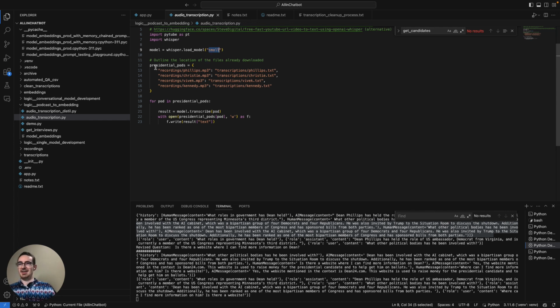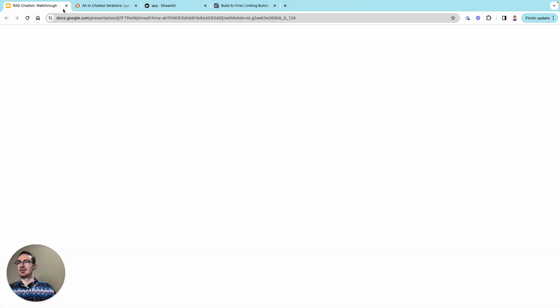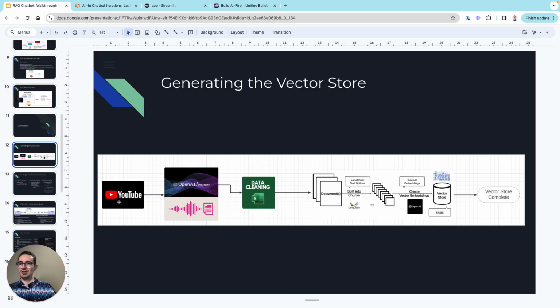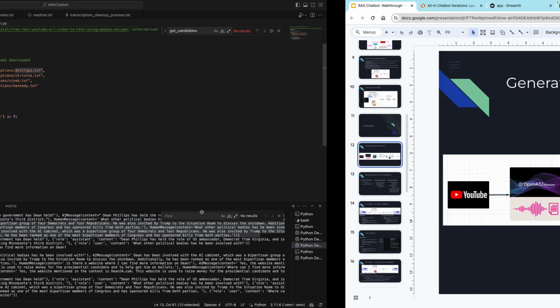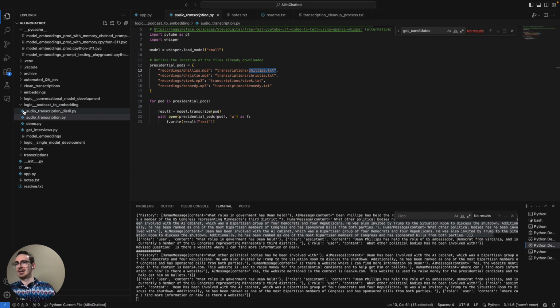But yeah, we pass in our reference to the MP3s, loop over each of them, and then we output our response in the .text files. So at the end of this, we've gone from YouTube videos to some sort of .txt file. So now we need to perform our cleaning. So with cleaning in mind, we have